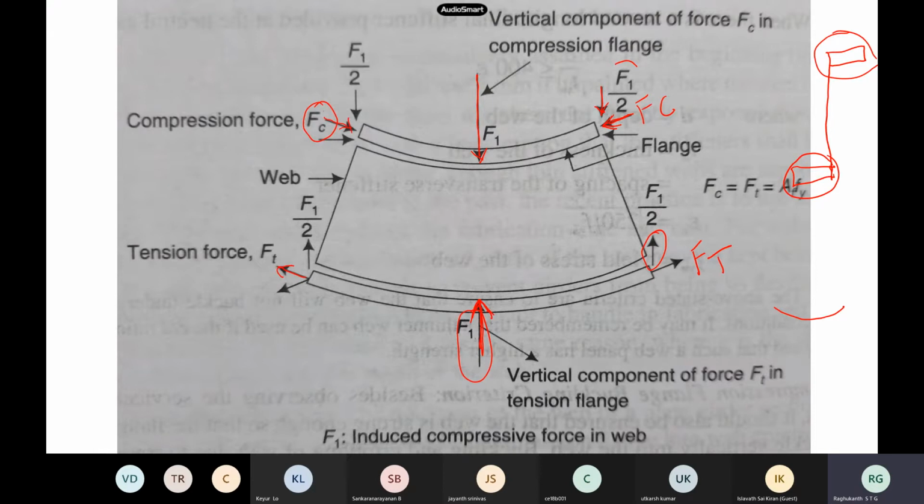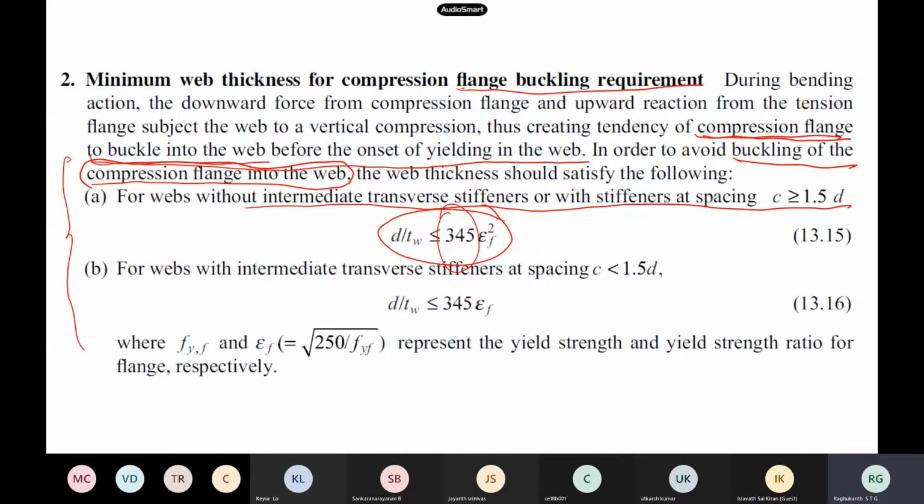Because the plate is so large, a curvature issue will be there. This will be inclined when the plate girder bends. If you resolve into components, you will have a vertical component and a horizontal component. The vertical components from the compression will create some kind of compression, and your plate girder may buckle also. To cover this requirement, 345 is given in the code itself.